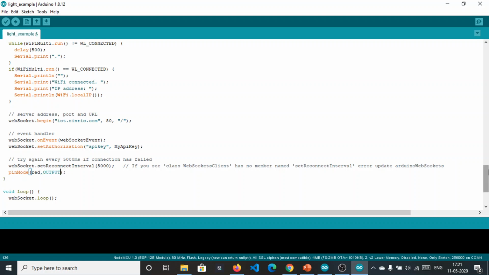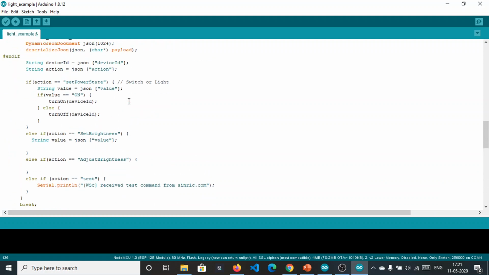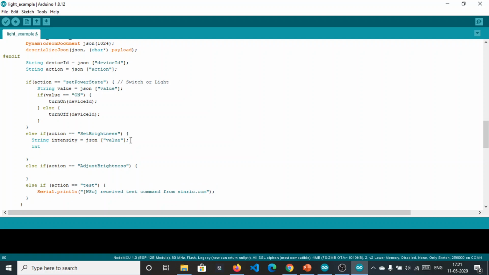Fine. After that, we have the value, it's basically not value, let's name it intensity, it's a string. So we need to convert it into an integer. Let's convert it into I: int i = intensity.toInt.